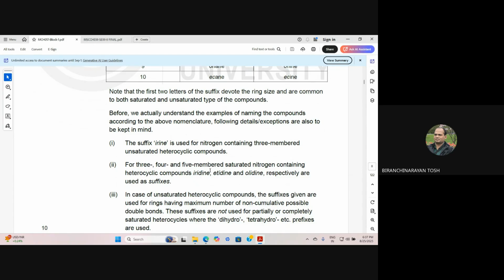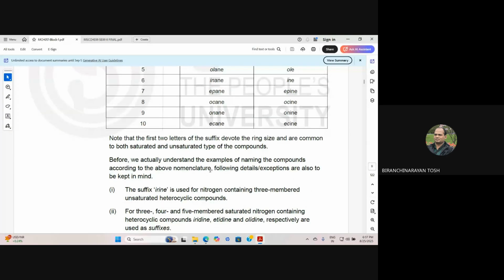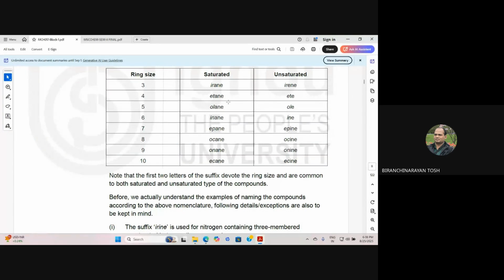For other cases, we are using -irane. But if nitrogen will be there for 3-member ring, we have to write -iridine. Then -etane in case of 4-member ring. For 4-member, it is -etane, but if nitrogen will be there, then it will be -etidine. Similarly, it is -olane for 5-member. For nitrogen, if